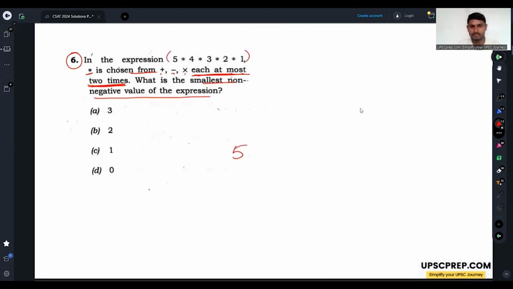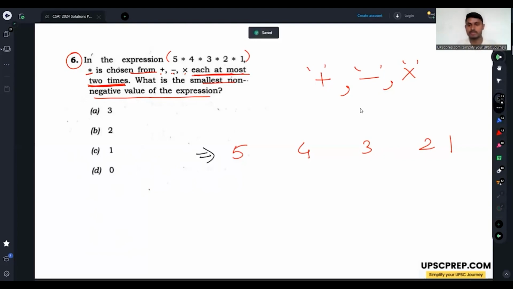So let's say now this is 5, 4, 3, 2, 1, and I have to use symbols: addition, subtraction, and multiplication, one symbol a maximum of two times, right? So what we have to do, guys? We have to bring these numbers to the smallest, but we must not let it go negative, right? See now, if I use the multiplication sign here, what will happen? 5 into 4 will become 20. This will be the larger number, so you can't use that. You have to bring these numbers to the lowest. So I will use